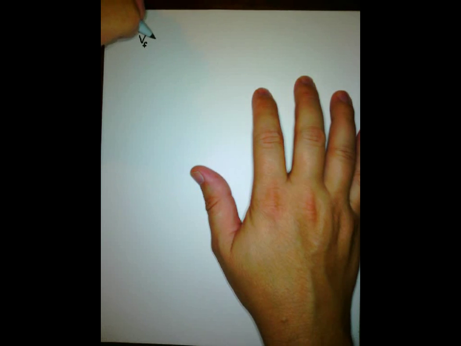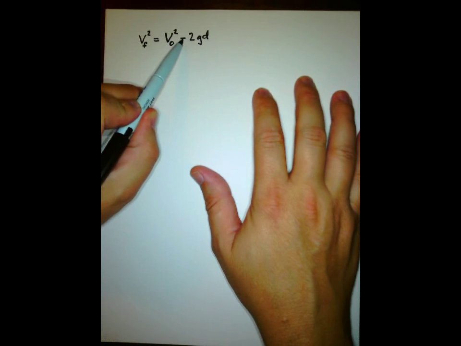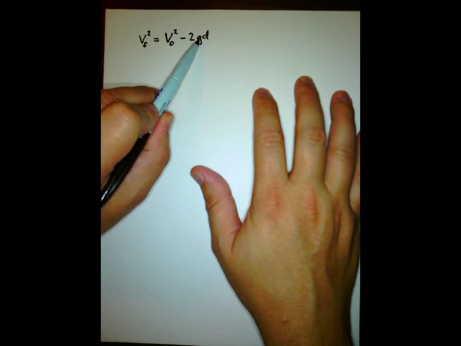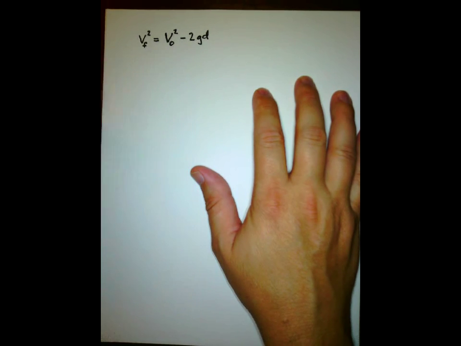It's V final squared. Alright, so a lot of you are probably used to seeing this with a plus sign here. Gravity is just a number, 9.8, but since gravity points down, we're putting a negative sign,